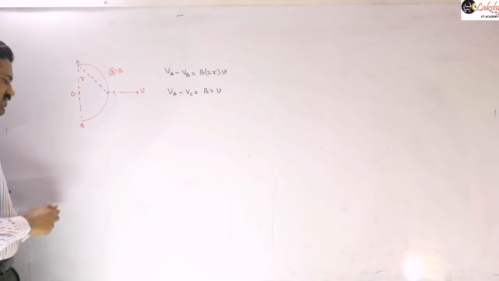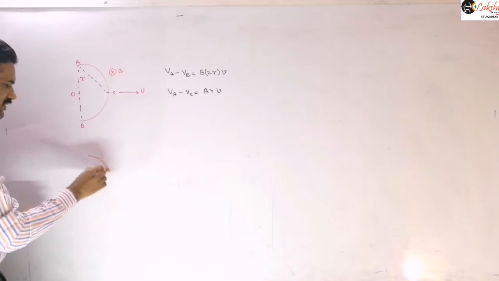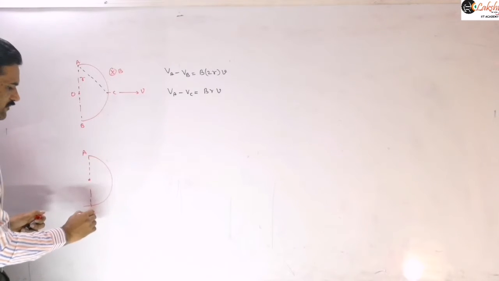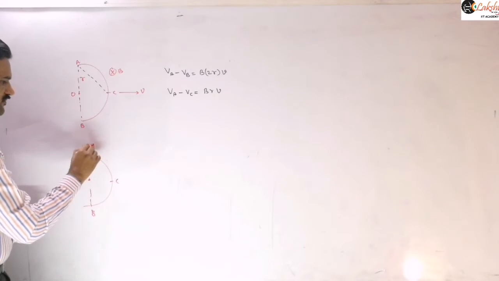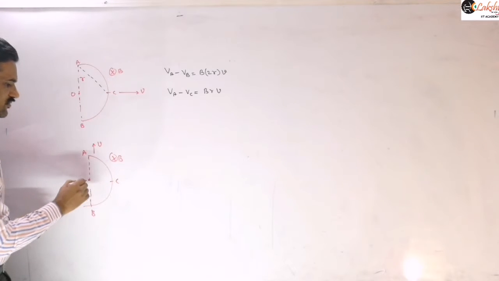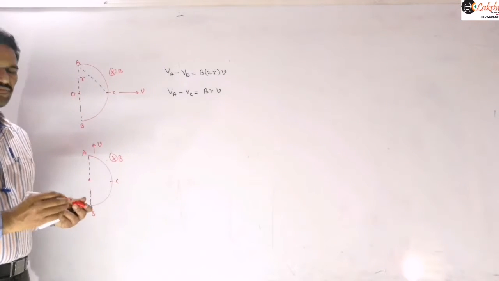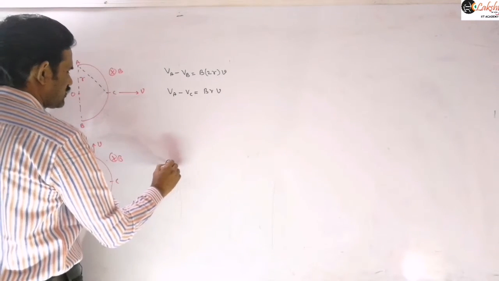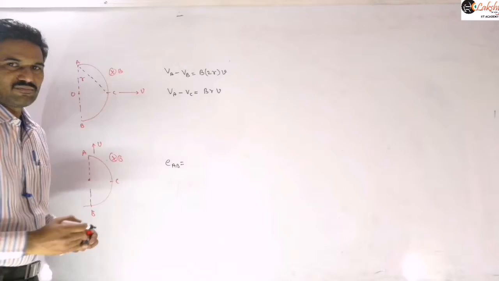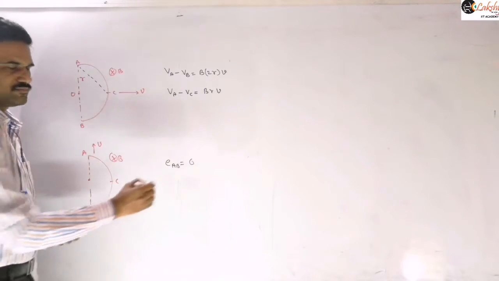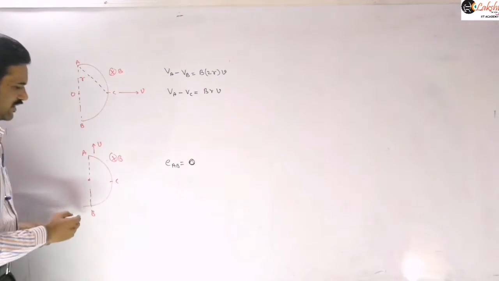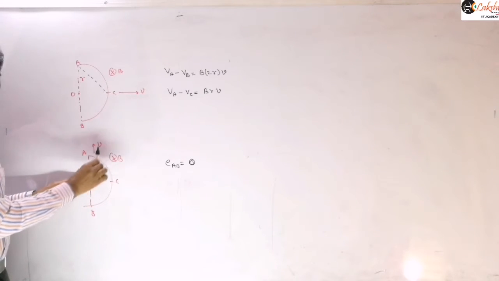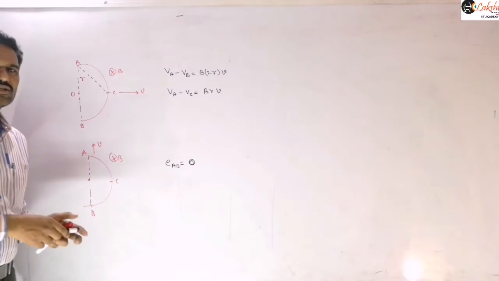Now in the same example, let us consider that the semicircle is moving like this. So the semicircular wire AB, and this is the point C, now it is moving like this with the velocity V in the same magnetic field which is into the plane here. In this case, if I ask the induced EMF across this AB, the value will now be 0. Can you say why it is 0? Because AB we need to replace by a straight wire here. If you replace it by a straight wire, then L bar and V bar are parallel to each other, so the induced EMF will be 0.